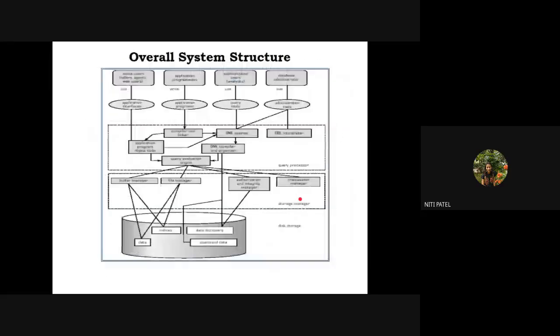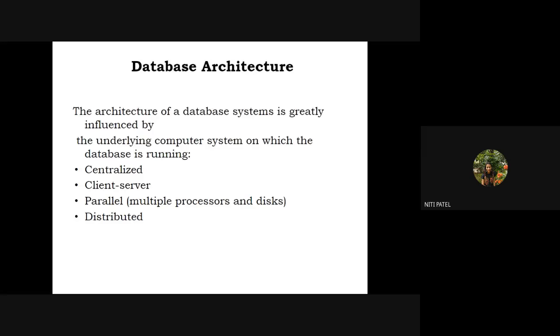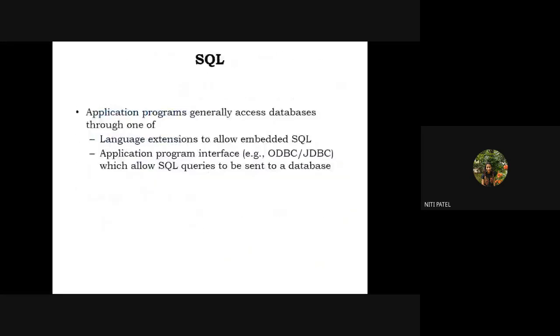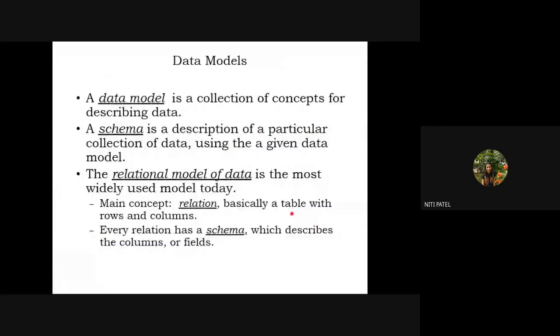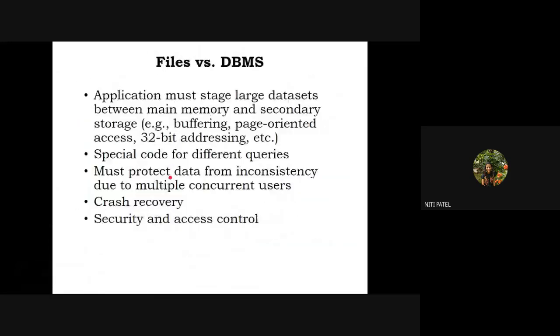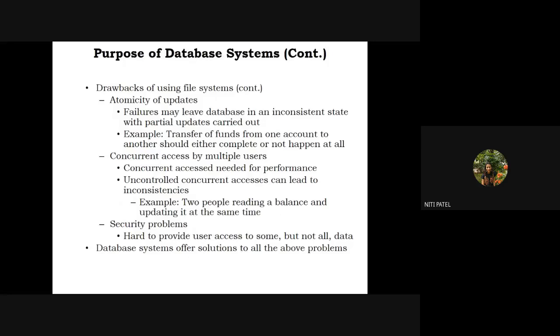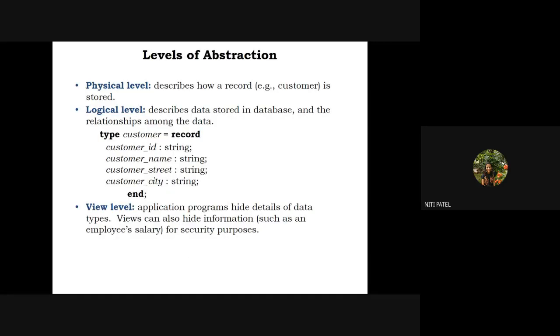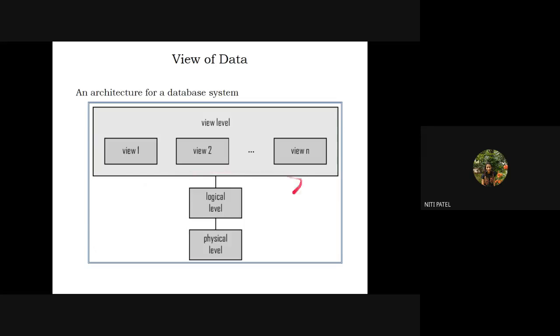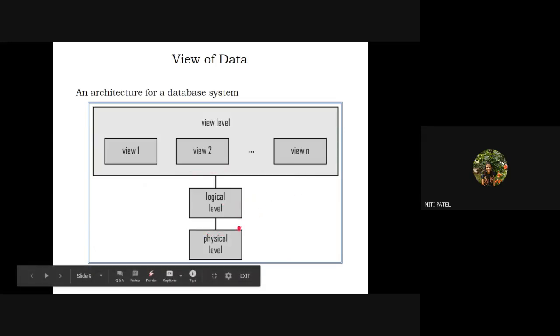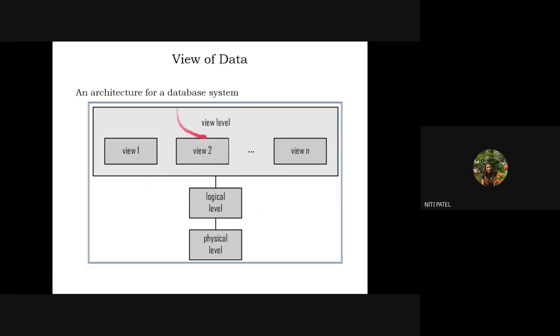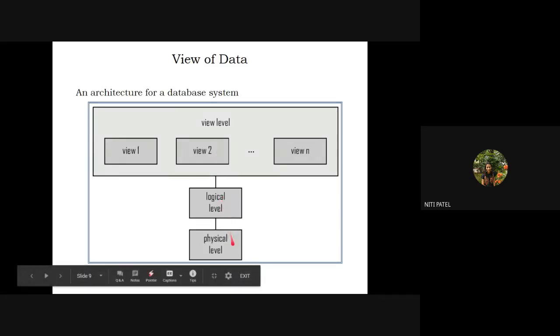So with this, we have completed the first chapter of DBMS. Just for revision, we started with the definition of the database. We saw where the database can be used. We saw the difference between the previously used file management and DBMS. We saw the drawbacks, the purpose, the advantages. Then we saw different levels of abstraction, that is view level, logical level, physical level, out of which the user can only access the view level. Access to the logical level and physical level is restricted for the user.